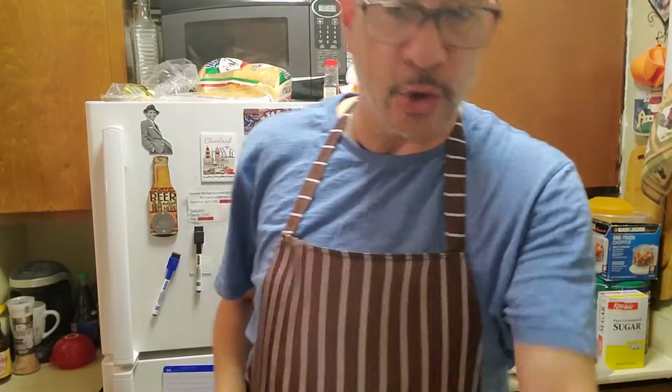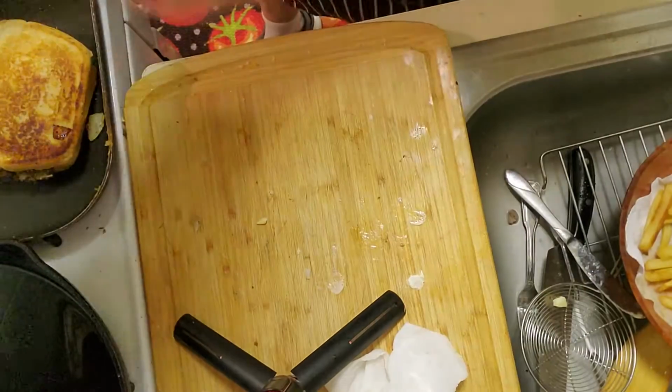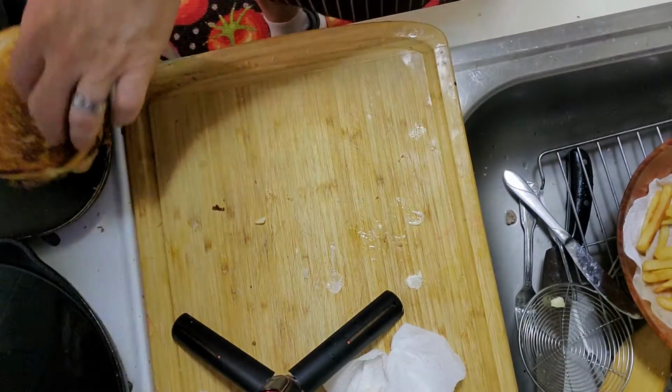Hey, so anyway, you caught me. I had the camera running. So anyway, folks, I'm gonna cut this right now, and you're gonna see how nice and delicious it looks. So stay with me, okay? It's starting to burn already, I think. No, it's starting to smoke a little bit. That's good. Okay, so let me turn this off, and I'm gonna take this first